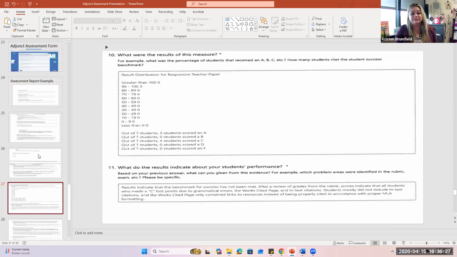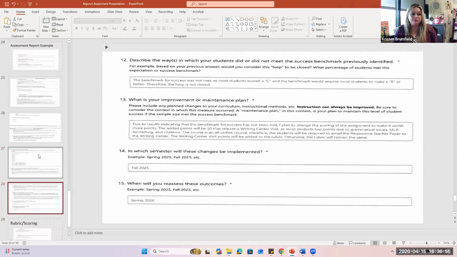And so I go on to say, after a review of grades from the rubric, scores indicate all students who made a C lost points due to grammatical errors, a works cited page, and in-text citations. And so I'm just talking about how they didn't include in-text citations or the works cited page; they gave me links instead of actually citing it correctly based off of MLA formatting. And so that then leads me into,